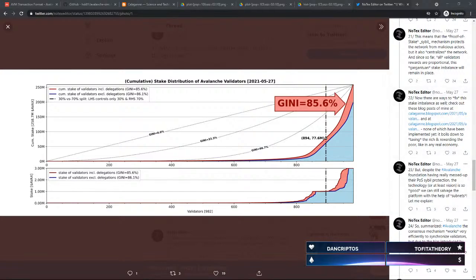But there are some unintuitive things going on. For example, Gini can go up when you have the same set of people and a small validator joins the network. Then Gini actually goes up. That makes sense. Yeah, because basically, guys, Gini, just to explain, is basically a measurement of wealth inequality. Essentially, it's a wealth distribution, wealth as power distribution.